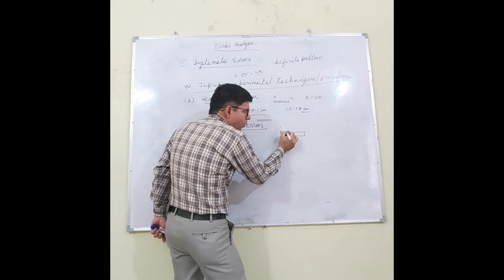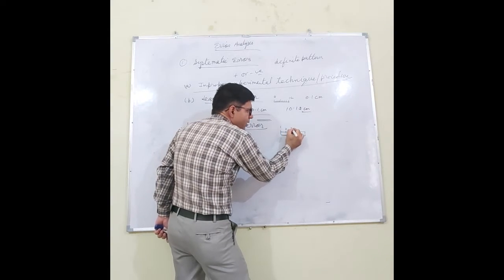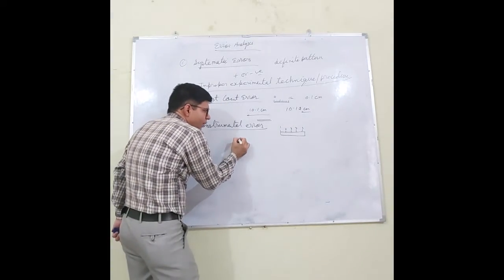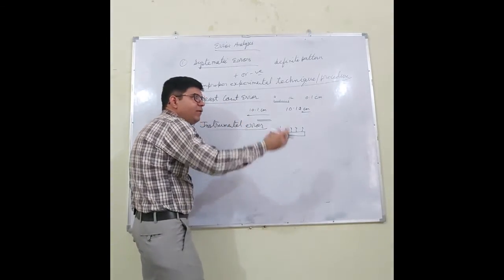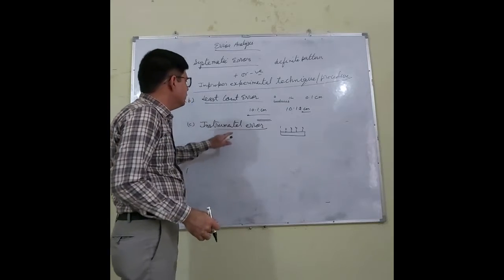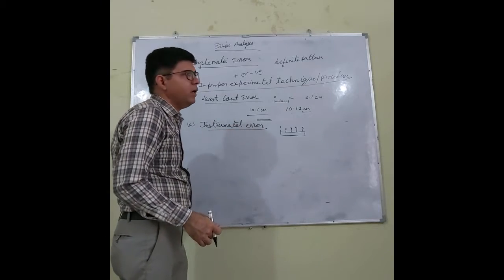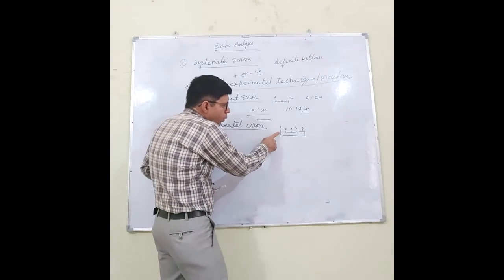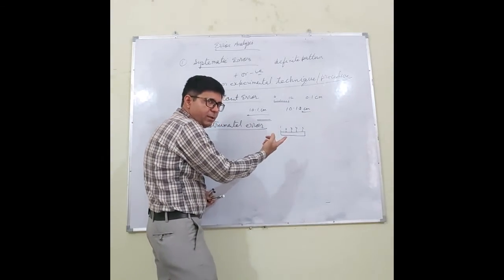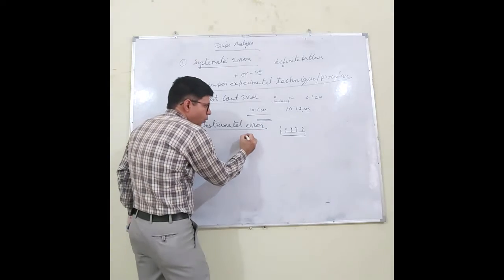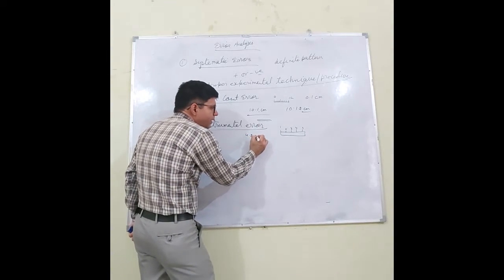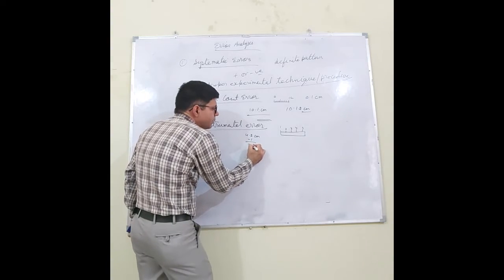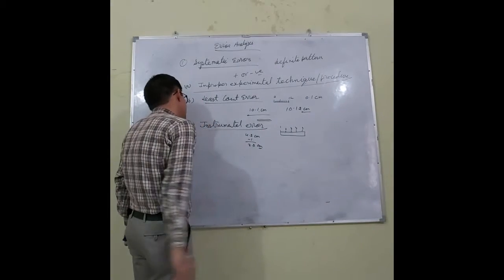it is not starting from 0, right? So, what length can you measure? Whatever length you measure, it will be 1 centimeter more. Such errors are called instrumental errors. If you want to give the correct value, you have to subtract 1 centimeter. If you got a reading of 4.2 centimeter from this, what will be the exact reading? Since it is starting from 1, it will be 3.2 centimeter.